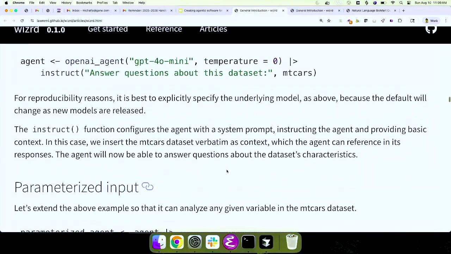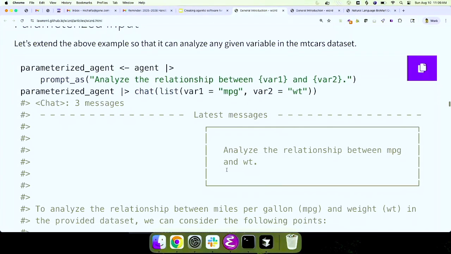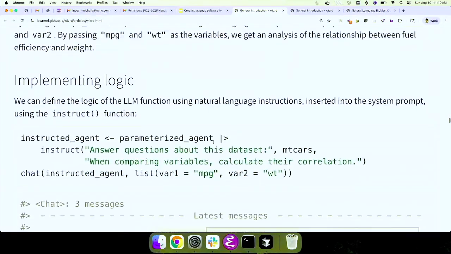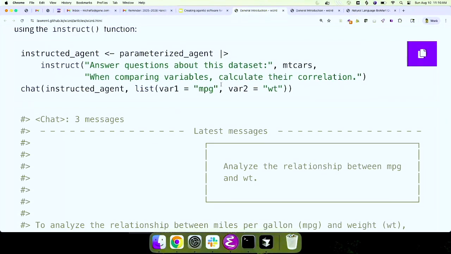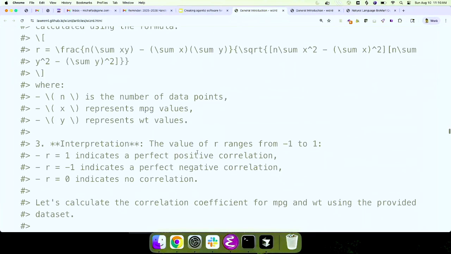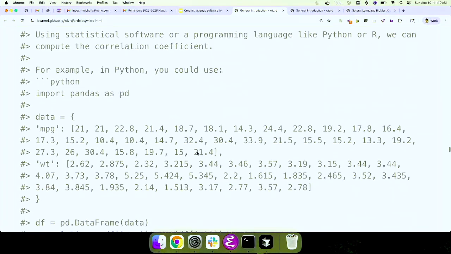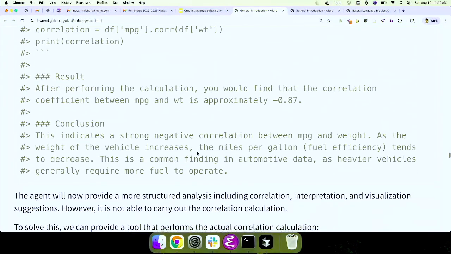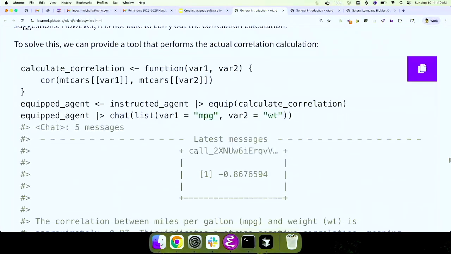Getting a little more complicated, as I said, you can have this glue format, glue template. I guess glue is really a string interpolation package, but I was using it as a templating engine. And so you can ask it to, say, analyze the relationship between two variables, and then you can pass those as a list of parameters into chat, and it can tell you how it might want to analyze those. You can instruct it with additional logic, telling it to calculate the correlation, but it doesn't. It's not really good at statistics like that right out of the box, just using tokens